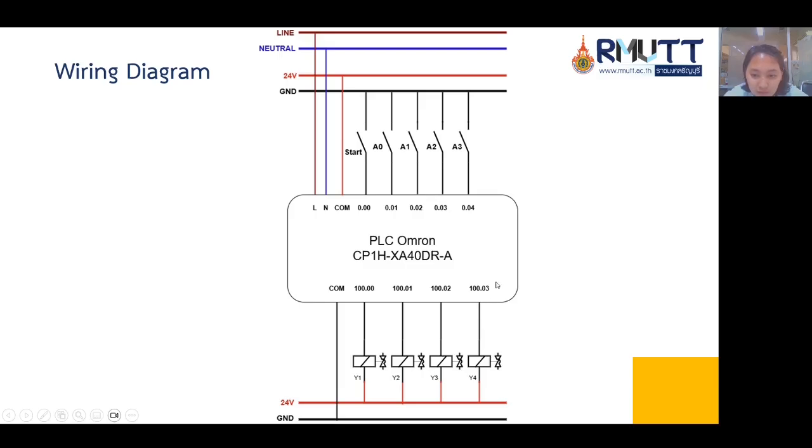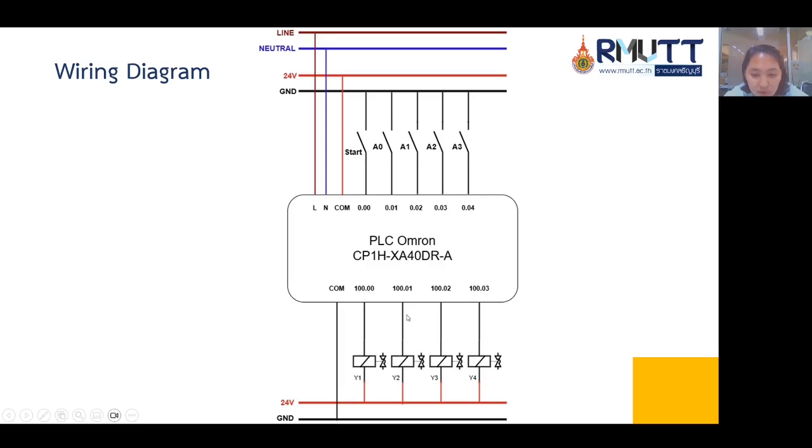And this is for the output, the COM pin, and there are 4 pins that are used for solenoid Y1, Y2, Y3, and Y4. For Y1, the address is 100.00.